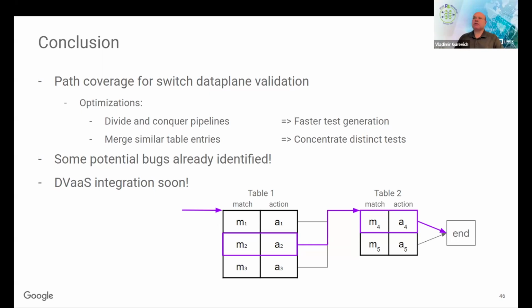Maybe one follow-up question I wanted to ask you. You mentioned that you were able to test your system with about 37K packets, if I remember correctly, right? Do you know how this number relates to the number of paths through the parser graph?